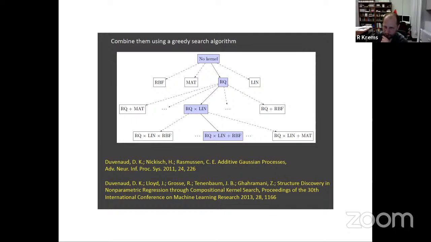That's right. Yeah, you will have this problem here. As you go down this tree, at some point you will start overfitting. So if you look at the validation error, for example, it will go down and then it will start going up. So what we normally would do is stop increasing the complexity of the kernels once the error turns around. Okay. So that's what we do.